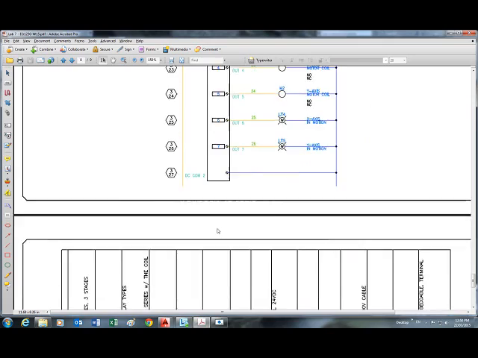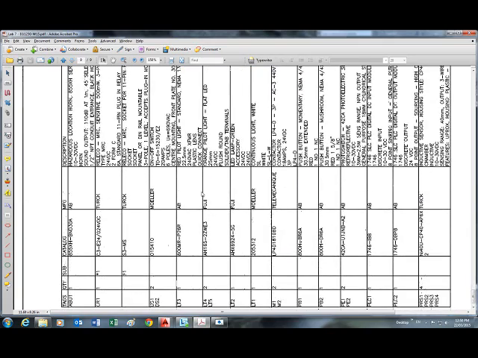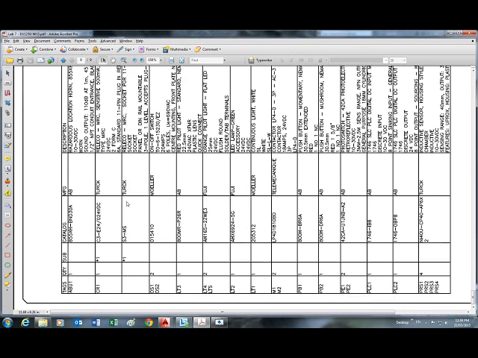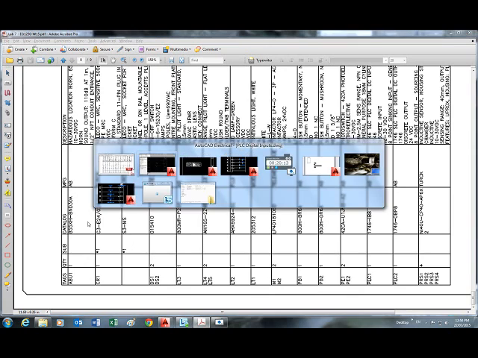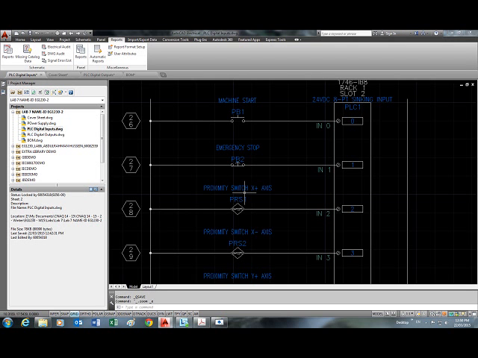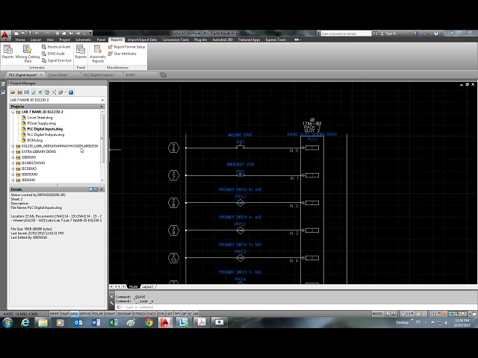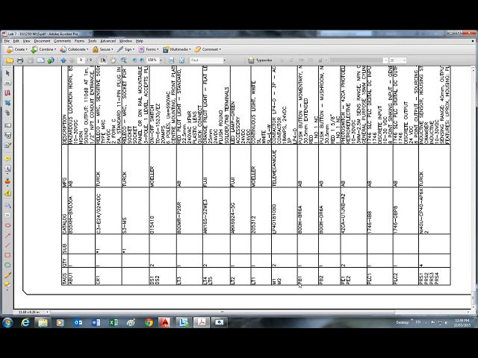So let's look at this. Of course, you may want to print this last sheet so that you don't have to look at it sideways, and that's what I have done. And the first one on the list is ABU. We don't have to go by the order in that list. We can go look for PB1. Where is PB1? It's right here, and it's made by Allen Bradley, model 800H